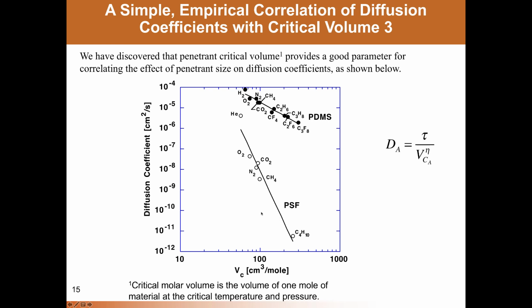And we often refer to a material like polysulfone that has a steep slope on this kind of plot as a strongly size-sieving material, meaning that diffusion coefficients change by a lot as the size of the molecule goes up. Strongly size-sieving polymer. And PDMS, on the other hand, would be an example of a weakly size-sieving polymer. That is, as the size of the penetrants go up, the diffusion coefficients go down, but not by so much. And this is coming about because in PDMS,